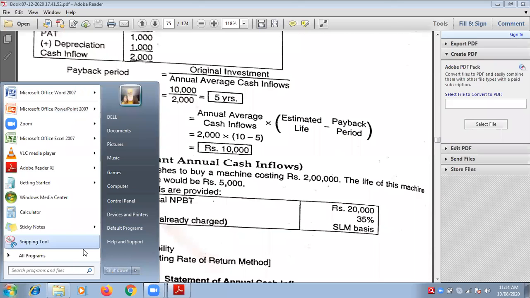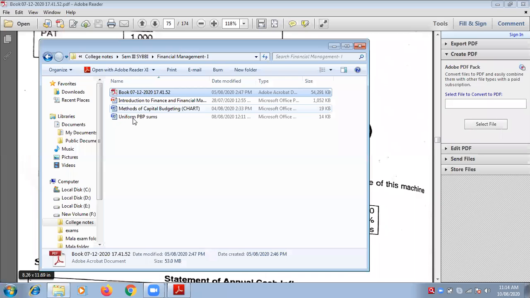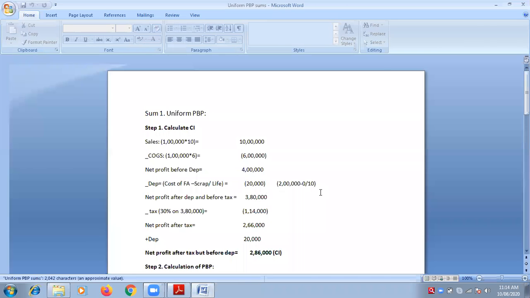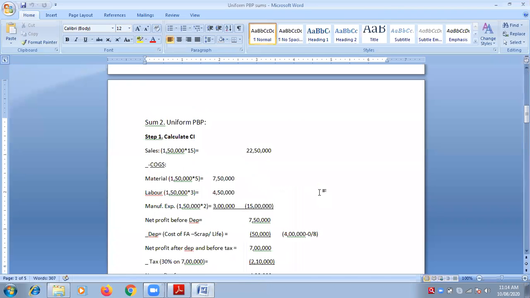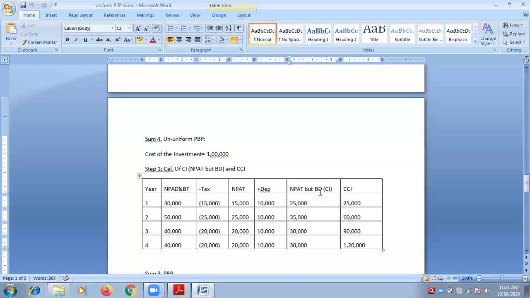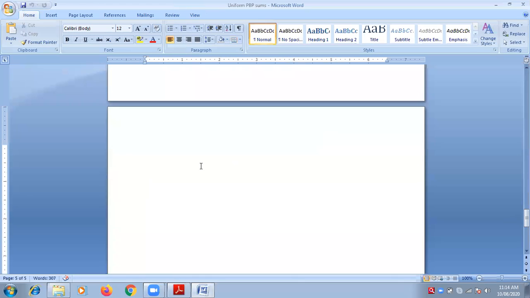I'll start a Word document. जो हमने सम्स किए थे ना, उसी Word document में continue करते हैं. Is that fine with you all? Okay, चलेगा? So this would be my sum number